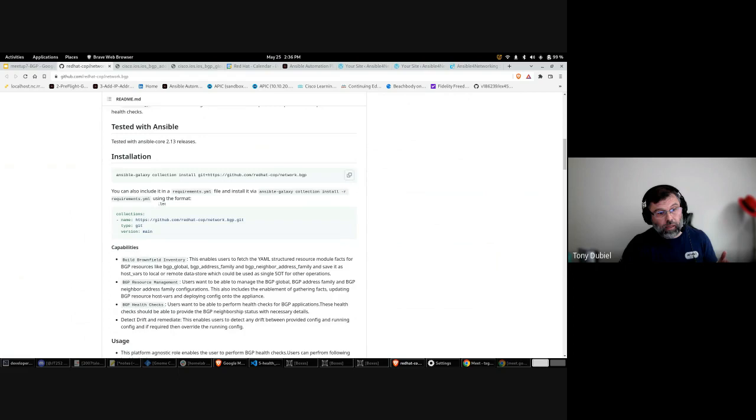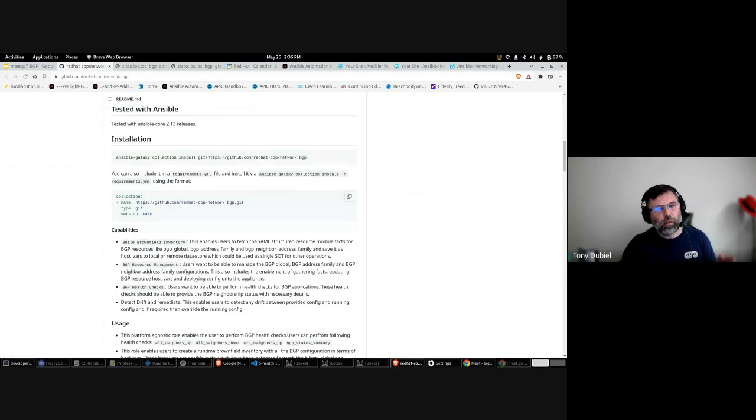And if you're using AAP, then I think it'll work this way. If you have a base execution environment, and then in your project you create a requirements.yaml file, you can pull it down this way, and it'll install that collection on top of your EE, your execution environment. But it takes a bit longer to kick off your playbook because you have to wait for that turnaround time. But if you were to build your EE, I think the only way that it works currently